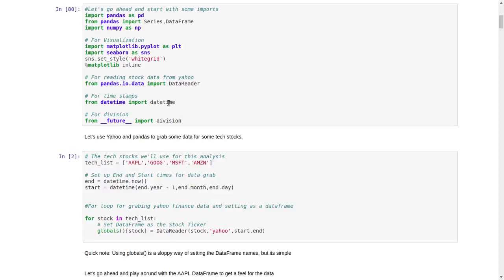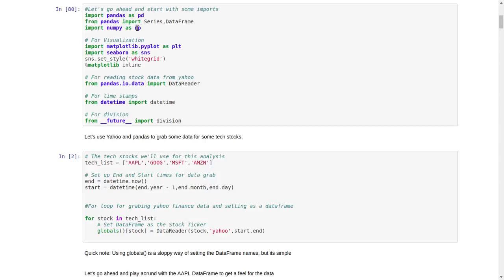First of all, to proceed forward, we'll have to install all these modules like Pandas, NumPy, Matplotlib, Seaborn, DateTime, Future, etc. And after installing all these modules in your system, we can import all these modules. So here we have imported Pandas.